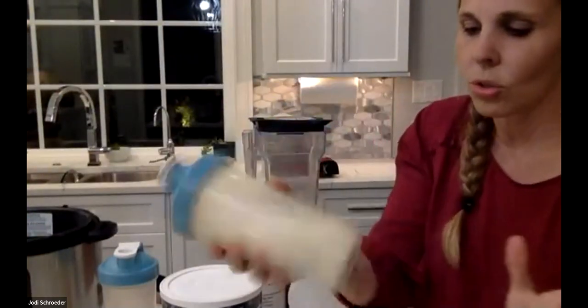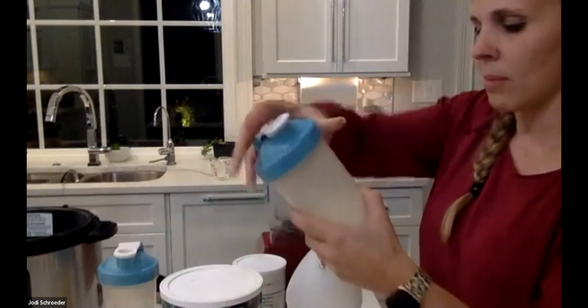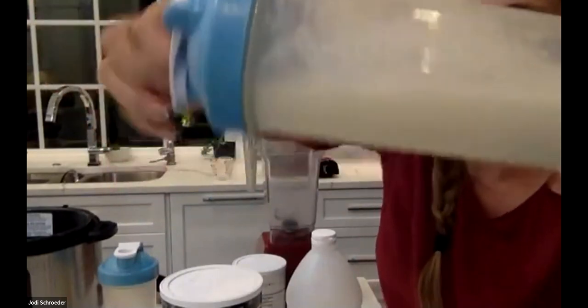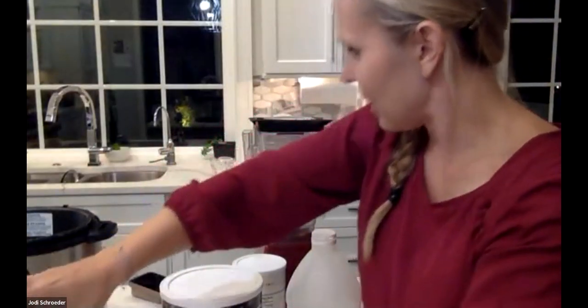So again, if you choose to store non-fat, non-instant milk, you can. You just might have to fiddle with it a little bit more than if you stored the instant. Even though I shook it pretty good, I'm still seeing quite a lot of chunks in there. So that's the non-instant. That is our buttermilk. I got a lot going on here. So now I'm gonna make